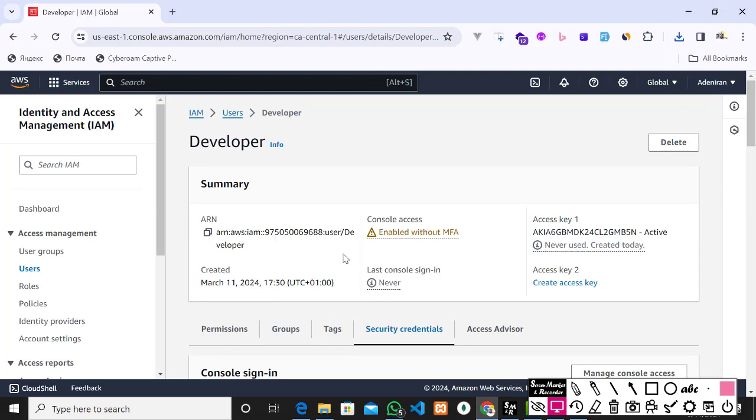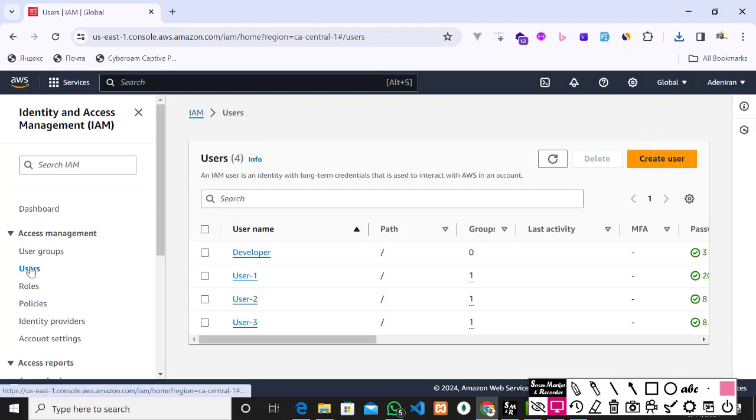It's done. Fine. I'll go to my user. So fine, everything is done. I don't need a group for this one, so we can do that one later. So I don't need a group for developer. So now after this one, the next thing I need to do